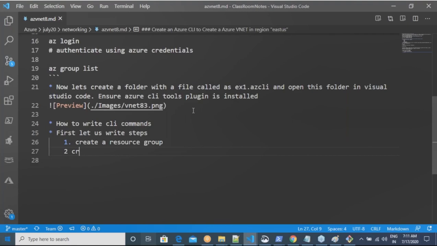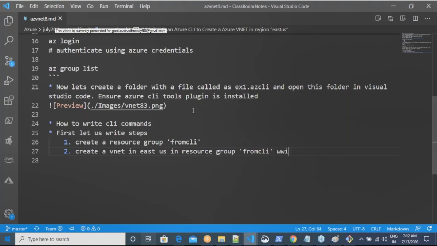Then create a VNet in East US. Let me give the resource group some name, from CLI, with the following values.